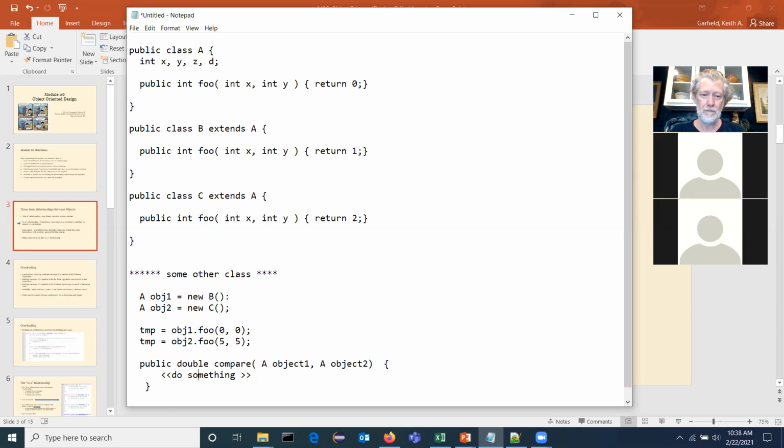Will the fact that class A is an integer affect the double? A is not an integer. Class A is not an integer. Class A is a class. The class itself is its own data type. Inside of class A, we have 4 integer attributes. And inside of class A, we have a method that returns an integer, but class A is all of those things. It's its own data type composed of all of those things.